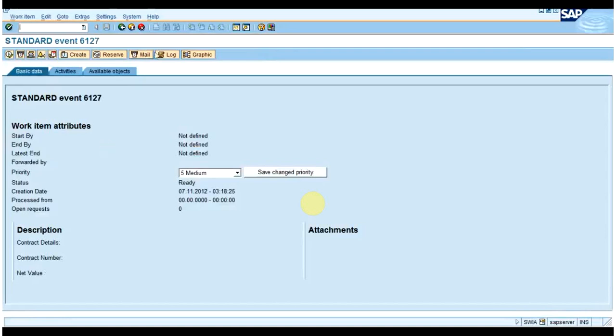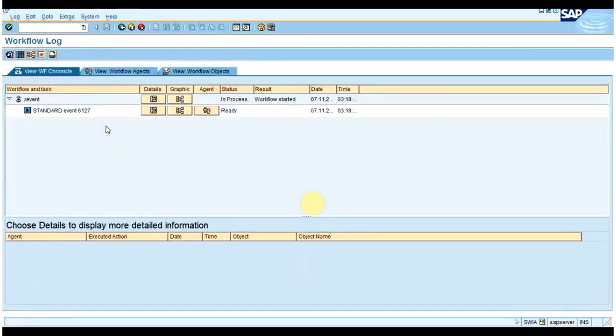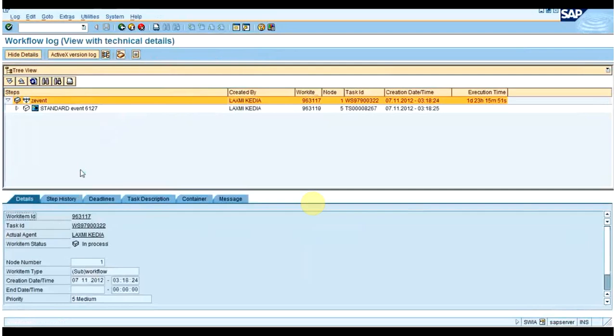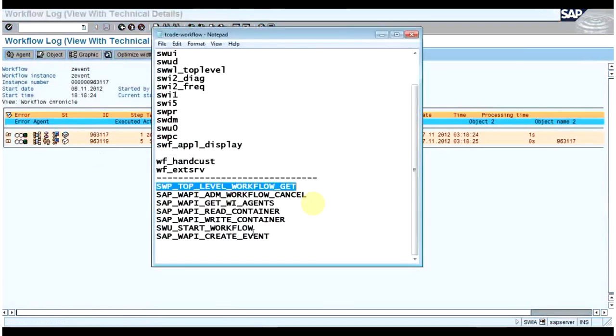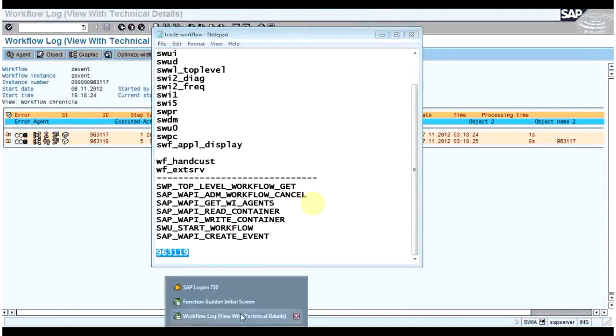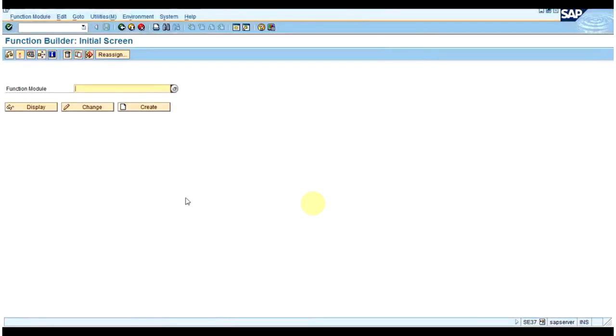So what we can do is pass this particular work item ID, 963119. Copy this, and now go to the function module,